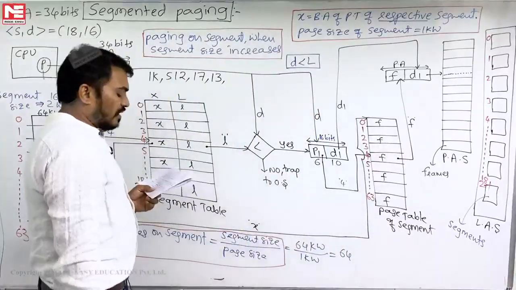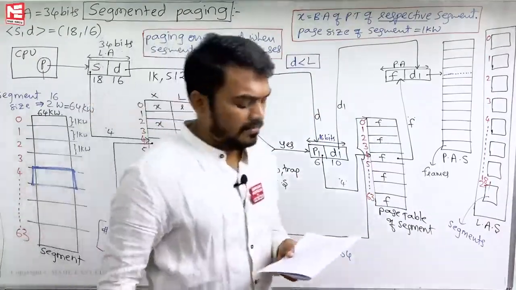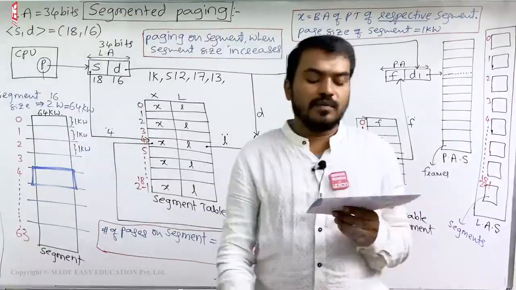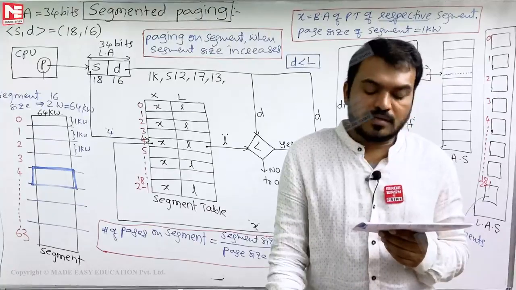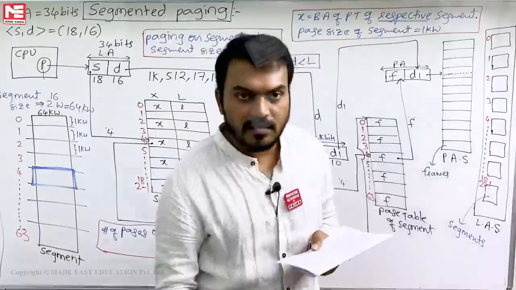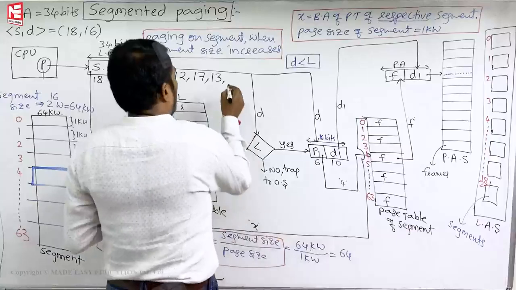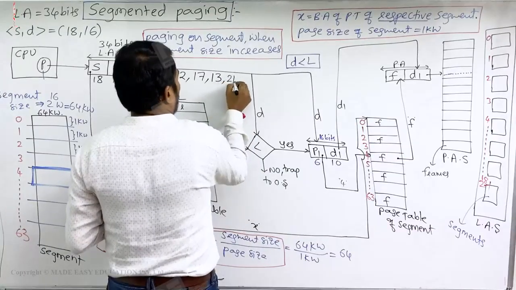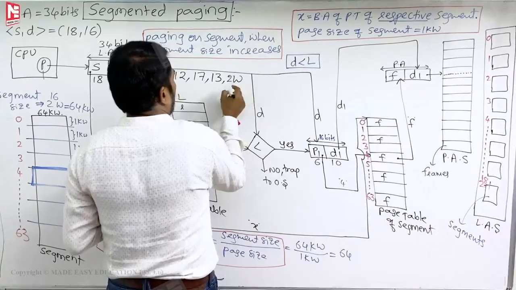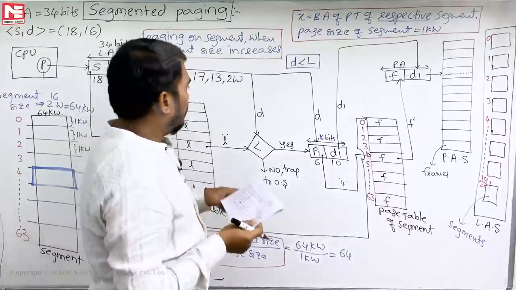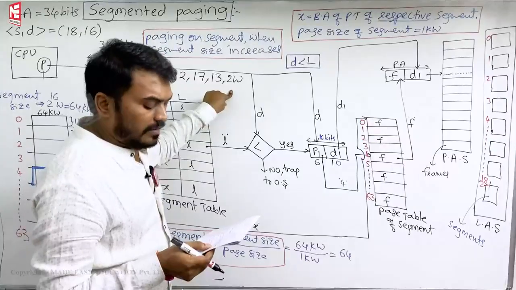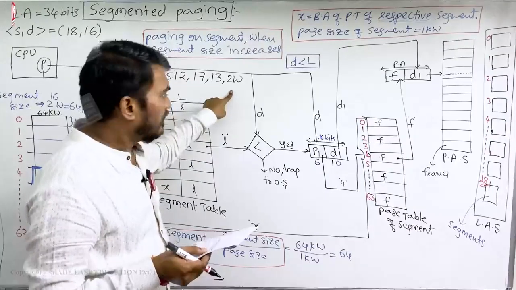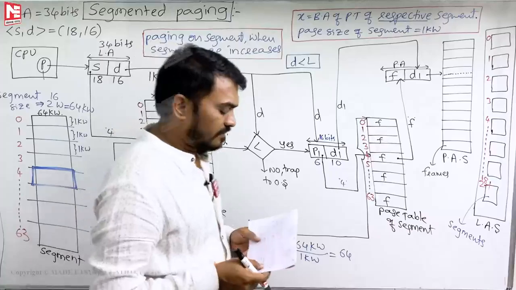Memory is word addressable. And page table entry size is 2 words. Written here, page table entry size is 2 words, 2W. Full stop. Then calculate